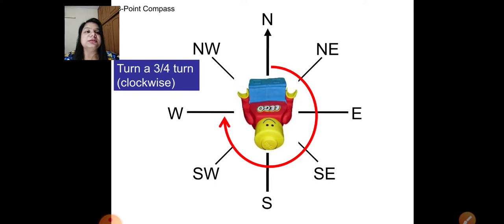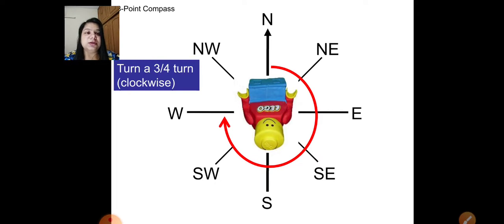Now, if the Legoman is facing towards north, now we have to move 3/4 turn clockwise direction. Okay, 3/4 turn means 90-degree angle 3 times we need to move, or the full turn is 1 turn, 4 out of 4. So out of 4 we have to move 3 parts. Okay, this is the meaning of 3/4 of the turn. 3/4 means we have to divide the full revolution in 4 parts, that we have already done in the starting, right? When we marked the directions. Okay, so we have to move 3 parts out of these 4.